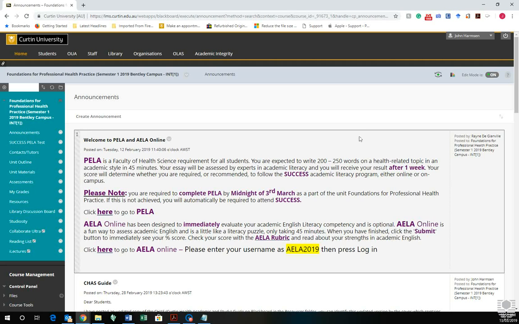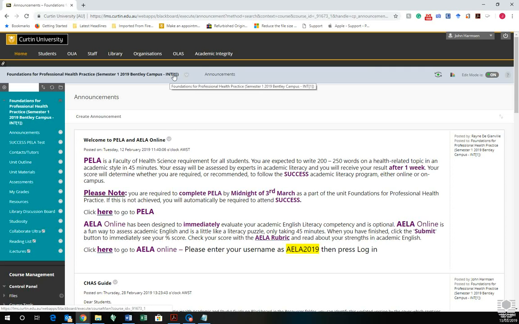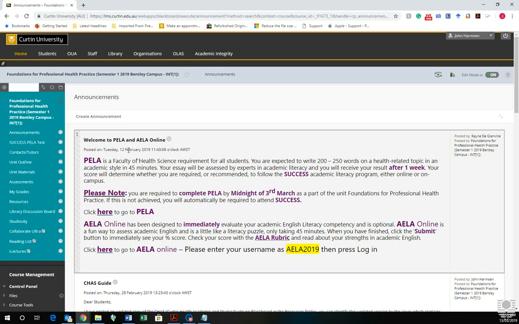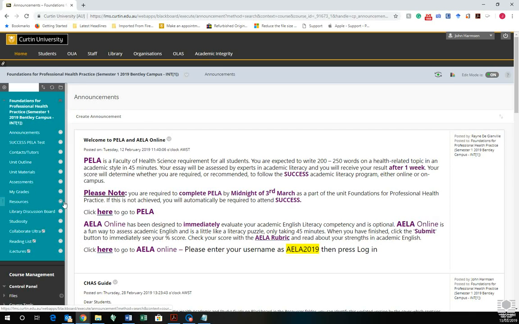If you haven't discovered the CHAS guide, you'll see I'm on the Blackboard side at the moment, and you might note that I'm in the internal unit. If you're doing the online unit or studying from Mauritius, this will be exactly the same process and the resources are in the same place, so the layout will be identical. You'll land on Blackboard in the announcements section, and if you click on the resources section here,